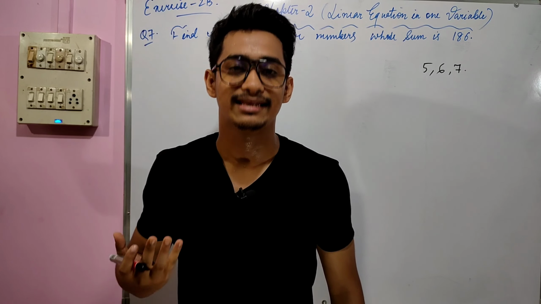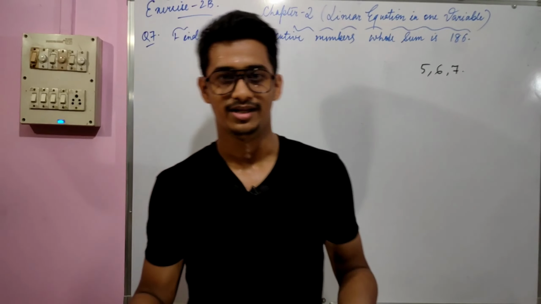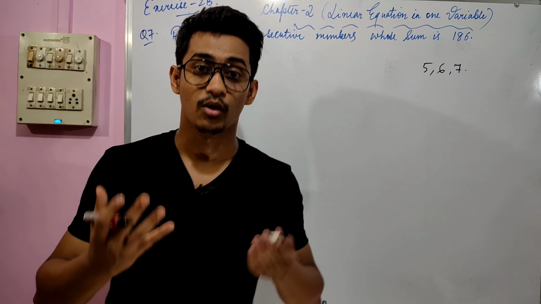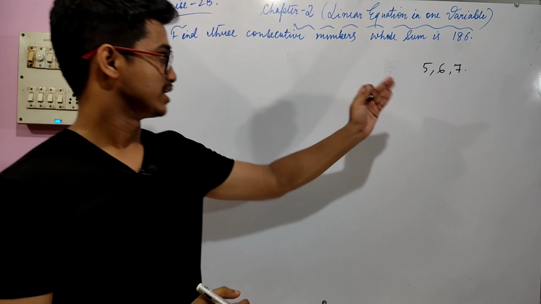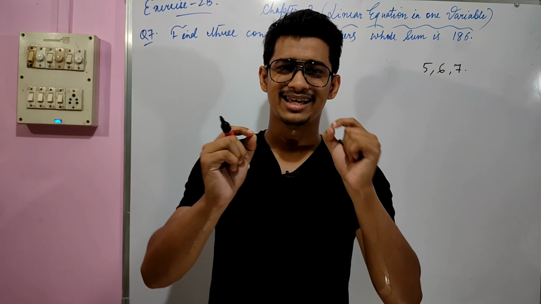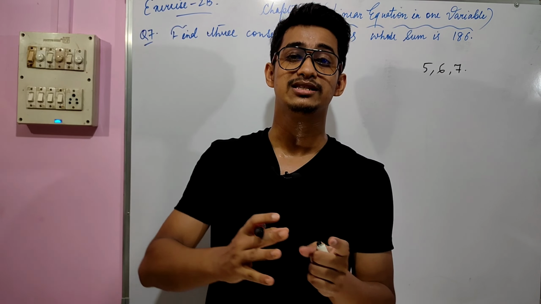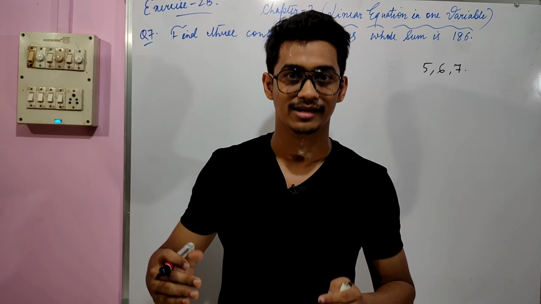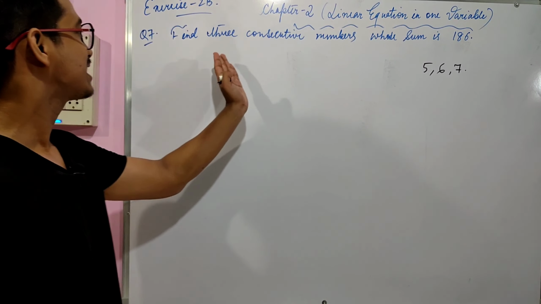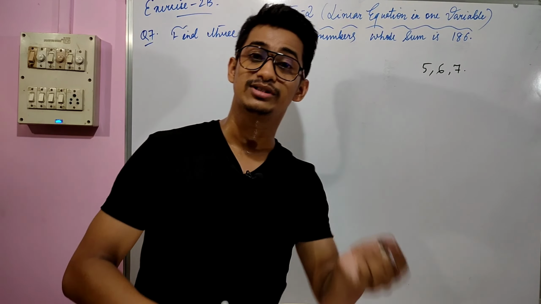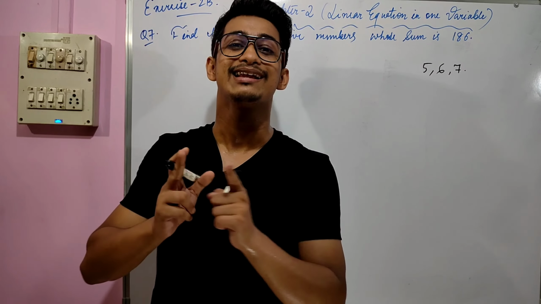So how to take x? Most of my students ask me how to find out what the variable is over here. Just focus on the question: what is that value which is not given, which is hidden over here. That hidden value is basically our variable. So in that case, find three consecutive numbers. The first number is not given, so that means the first number will be our x,